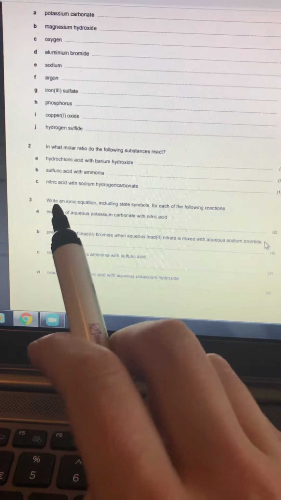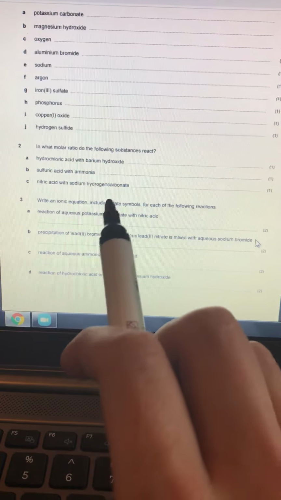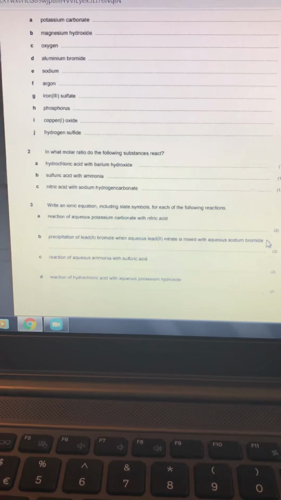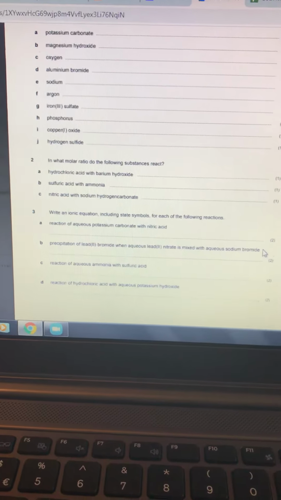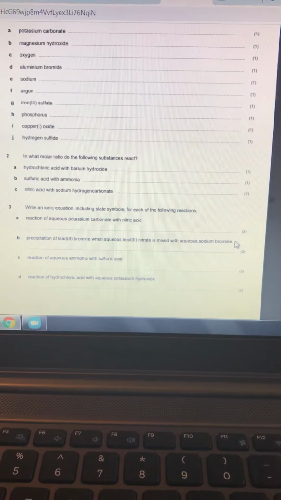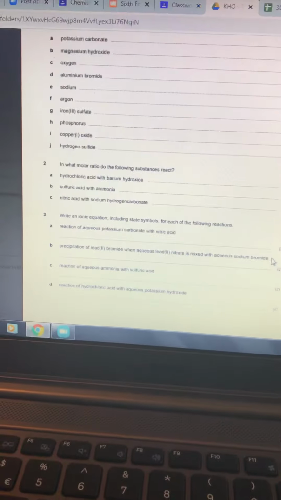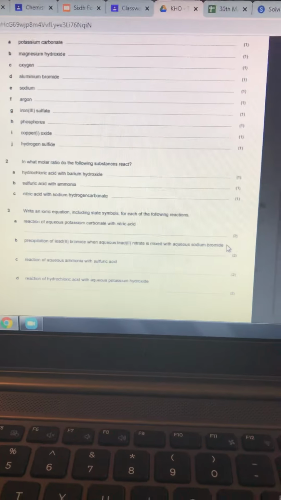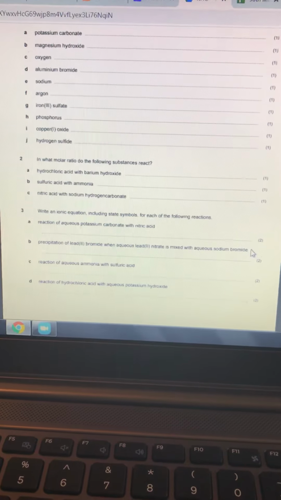All right, so just to have a go at question 3a, this time it's writing the ionic equation with state symbols. And the state symbols really do help understand what's going on with the ionic equation. It does also assume that you know a little bit about the solubility rules as well. So I'm going to go through 3a, which is the reaction of aqueous potassium carbonate